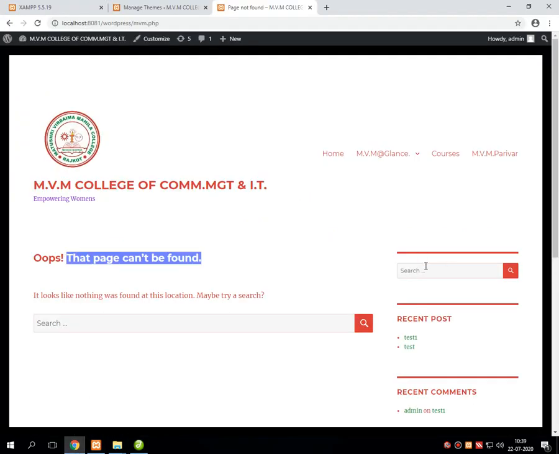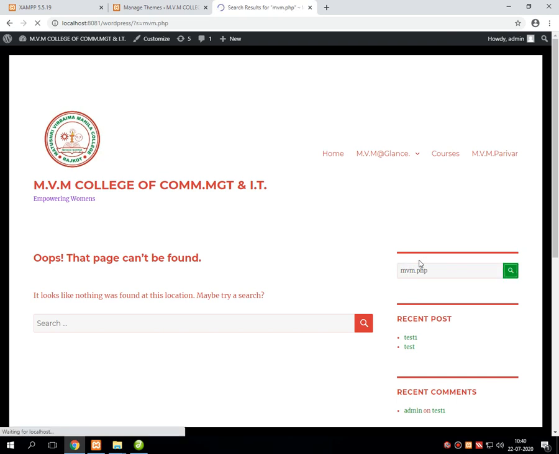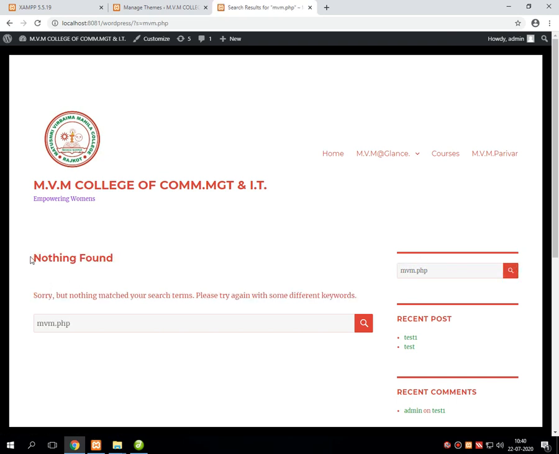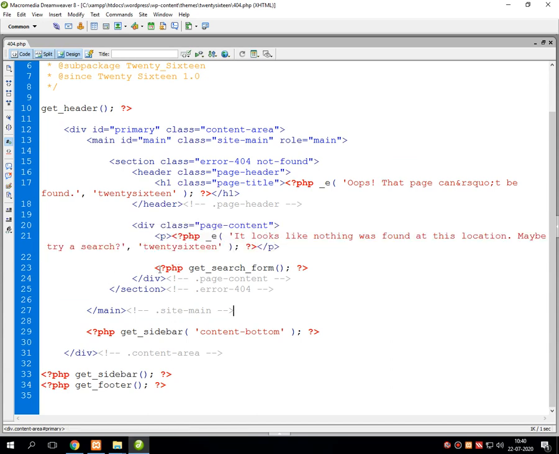That means suppose over here I am searching for this type of file using this search window, then this type of error message can be executed.